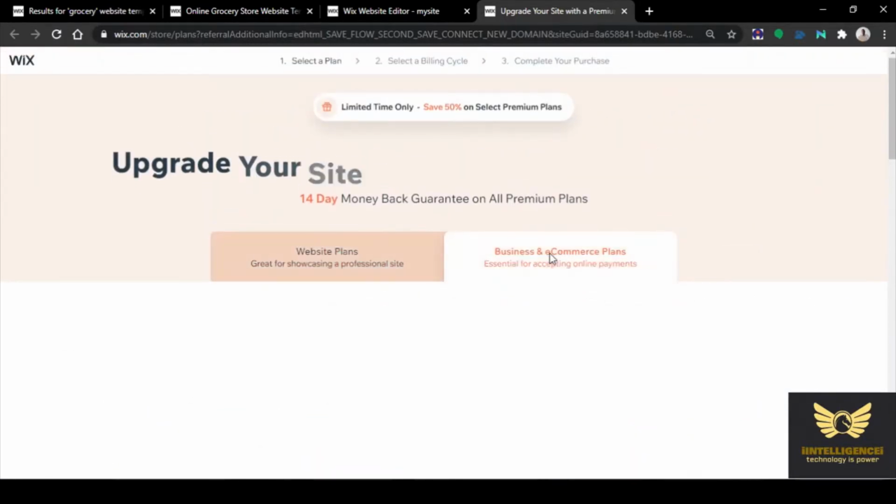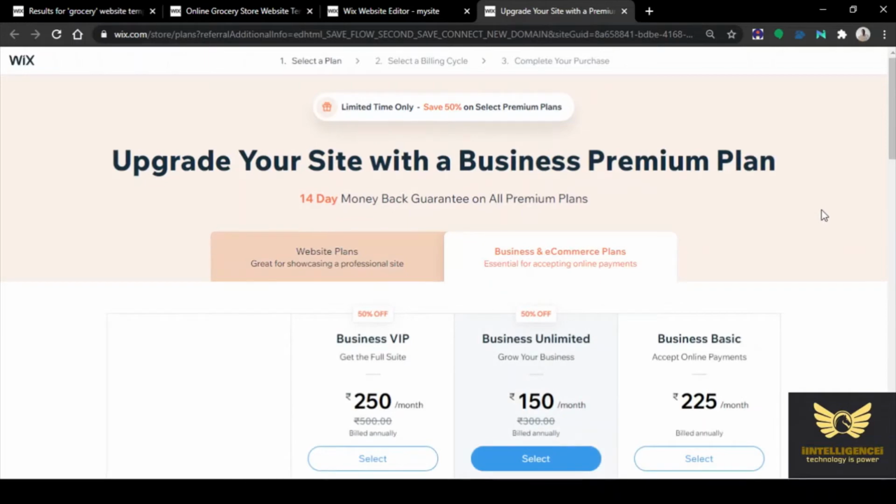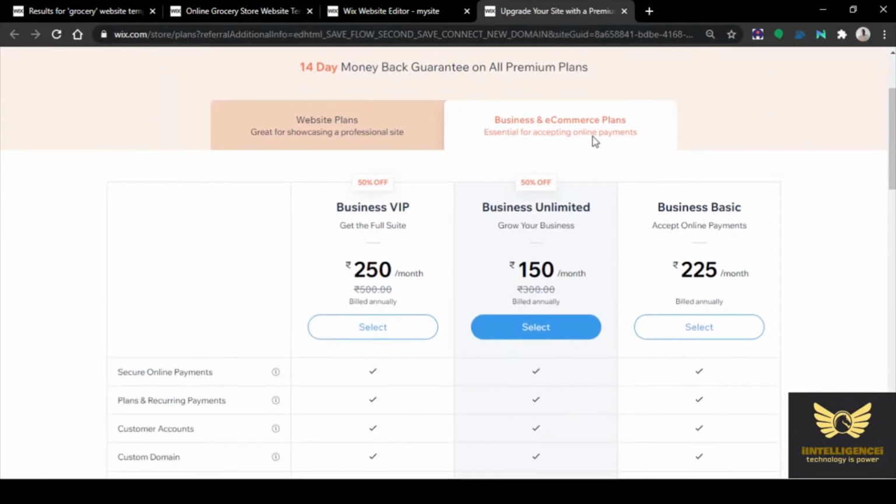Right? So initially what we saw was the website plan. This is the business and e-commerce plan. Right, one is business VIP, this is business unlimited, business basic.